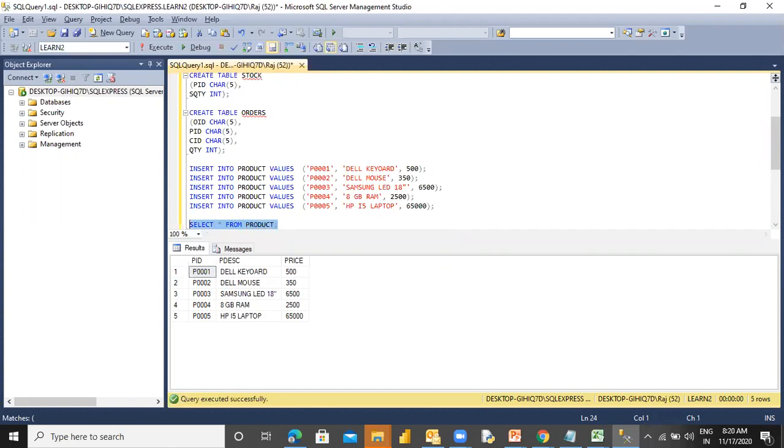One, two, three, four, five. Right, it has been added. Let me insert the data into the stock table. Insert into stock values.